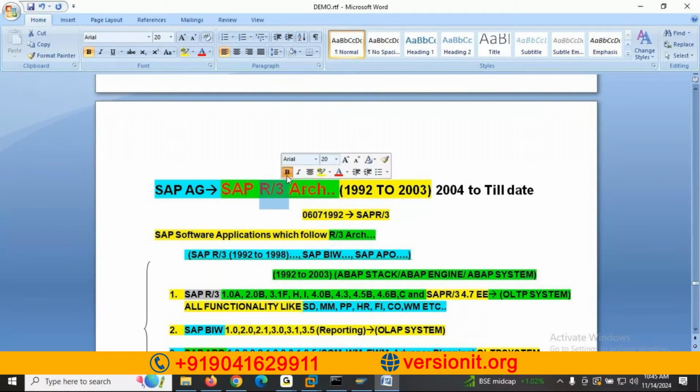So in this R by 3, what does R stand for, guys? Real time or runtime. That means these software applications are designed to run in a real time environment or for real time businesses. And when we look into 3, we have understood 3 as 3-tier architecture. So what have you written about 3-tier architecture? Write down, guys: a 3-tier architecture system or software